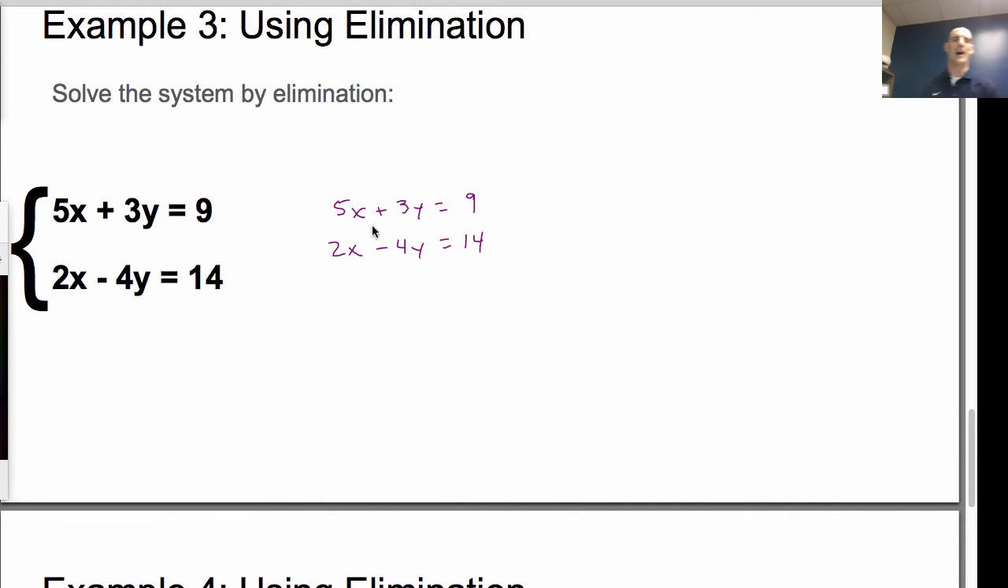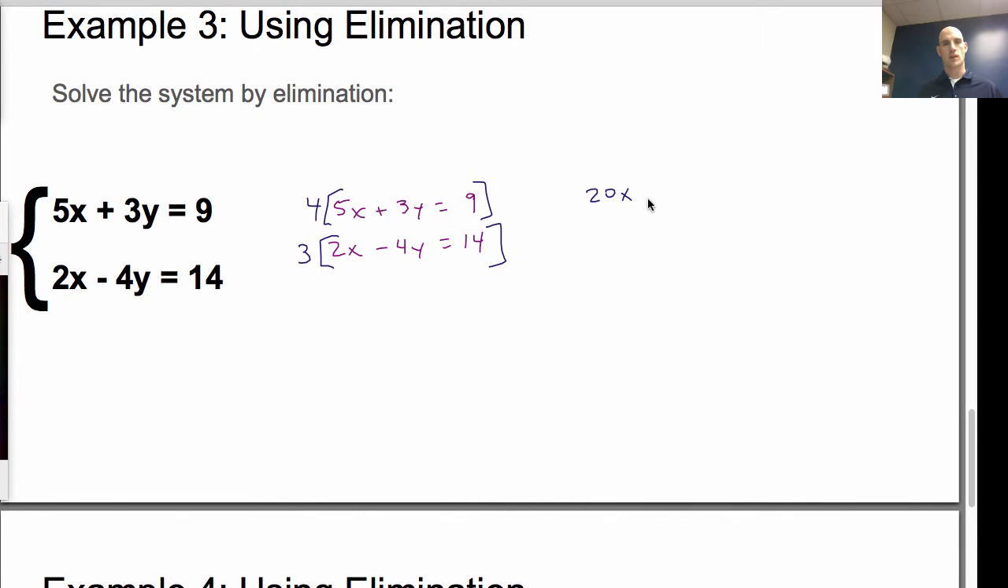Well, notice, I don't have an easy way to get from one to the other. Like, I can't just multiply 5x times something to get 2x. And, you know, it's a case where I might have to multiply both lines by something. And so what I can do is, I'm going to try to get my y's to match, okay? So 3 and 4 both go into 12. So if I multiplied this by 4, and I multiplied this by, say, 3,